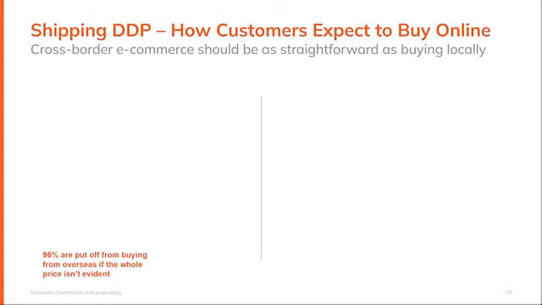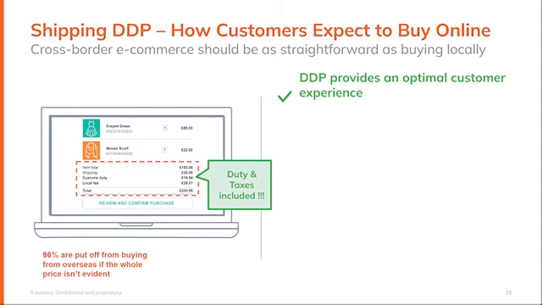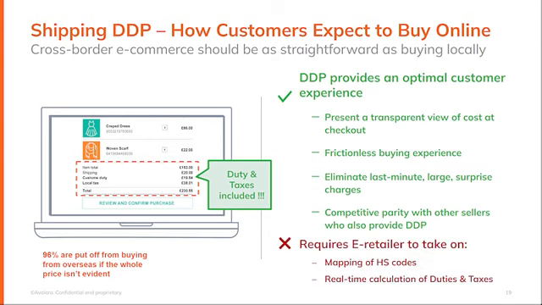So it goes without saying that customers want transparency, and in order for you to give them that transparency, shipping and offering them a delivered duties paid solution is the way forward. And this then allows your customer to see exactly what they need to pay at the point of checkout. It will help improve customs delays because those duties and taxes are paid upfront. So this ultimately would be one of the key things that I would say to really help improve a lot of those stats that we looked at in terms of customer experience, delays, etc., is looking at shipping DDP.